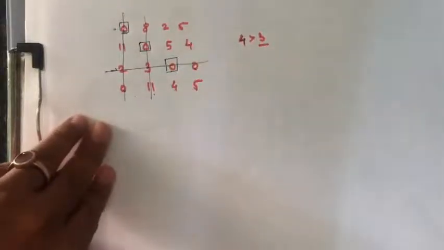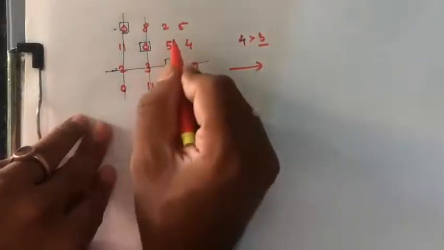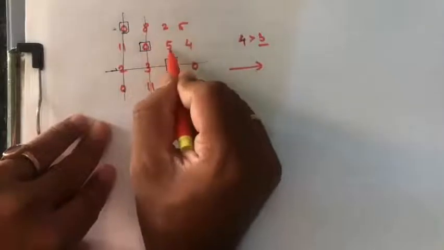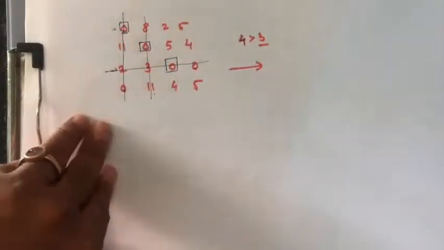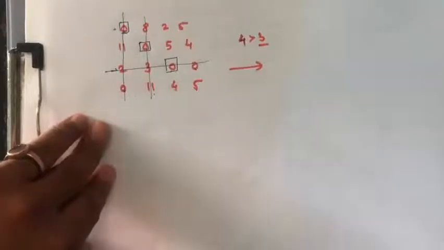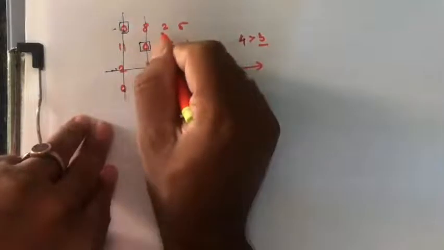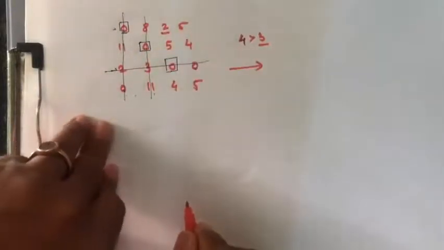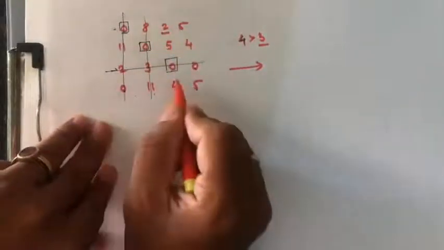So what is step number 4? First of all, we have to scan for the uncovered elements. Which are the uncovered elements here? 2, 5, 5, 4 and 4, 5. Those are the elements not marked with a line, so those are the uncovered elements. We have to find the minimum number from the uncovered elements. The minimum number is 2. So we have to add this 2 to the intersection elements, and we have to subtract this 2 from